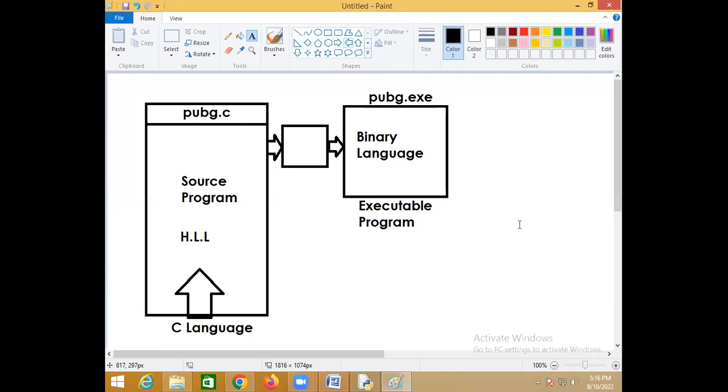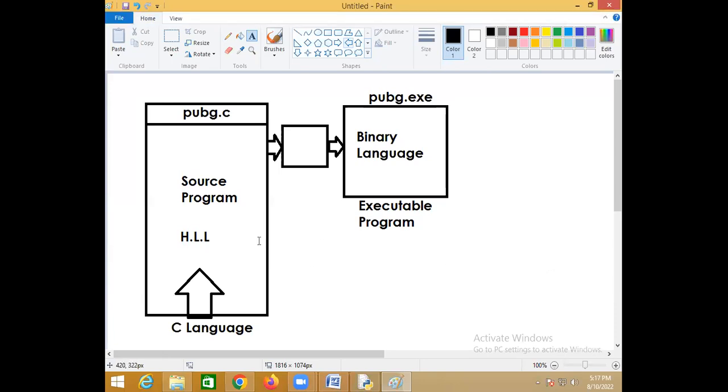Don't sell the .c. If you sell the C code and that person knows C, what can he do? He can modify your game and develop a new PUBG, because what you have given him is the source code. If you give the source code, is it secured?